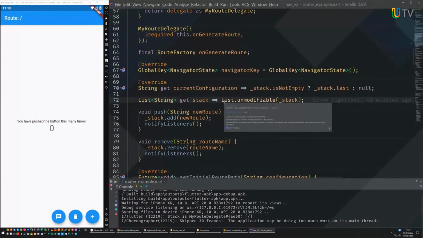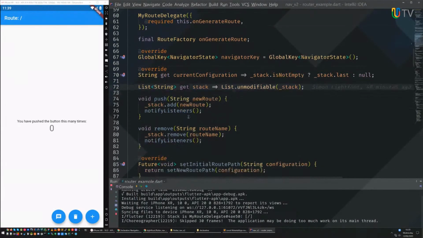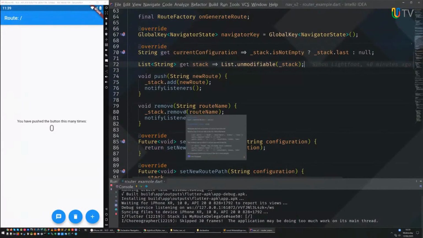If we want to get to the stack outside of our router delegate, it's very important that we make that unmodifiable, because if that stack is modified, our router will need to rebuild its children, in this case, a navigator. So we don't want that stack to be altered outside of this class. So that's encapsulation. So in this case, I provided my own.